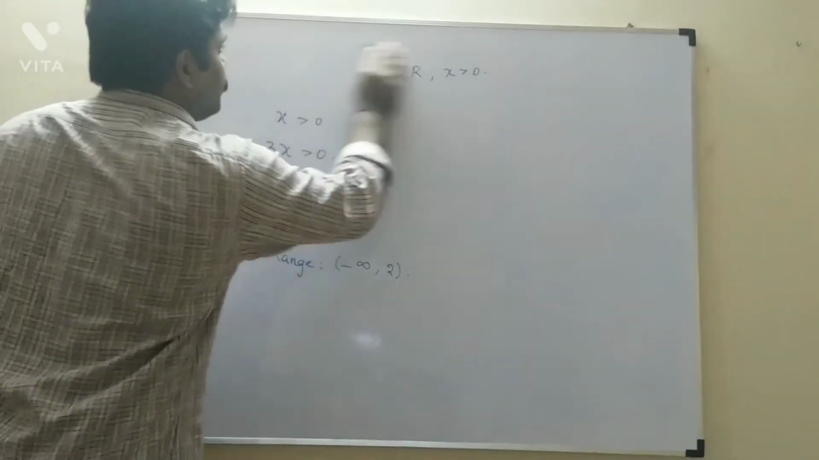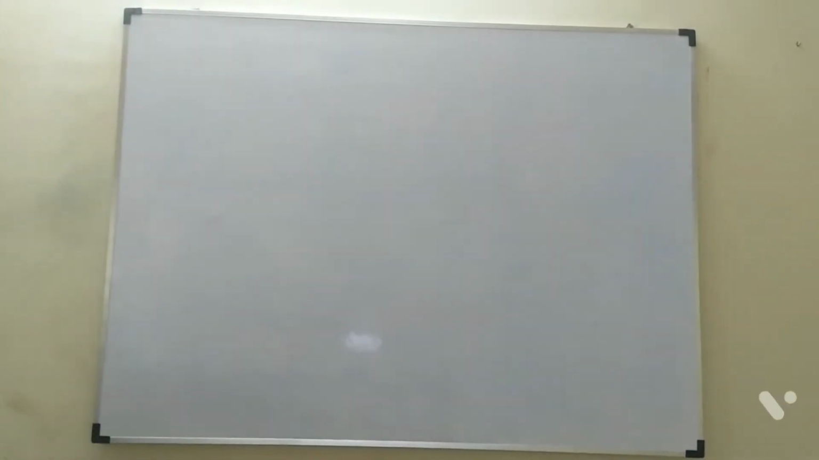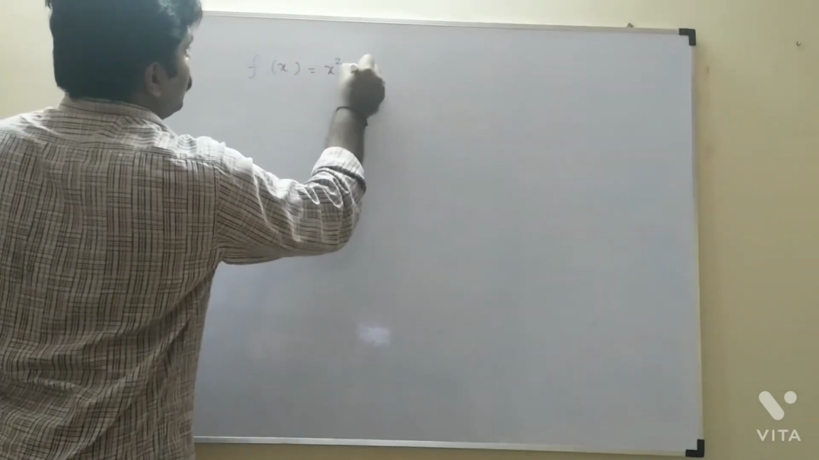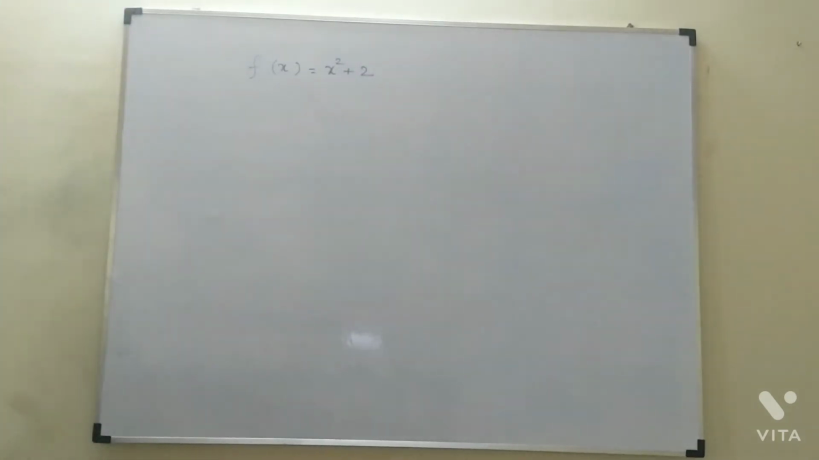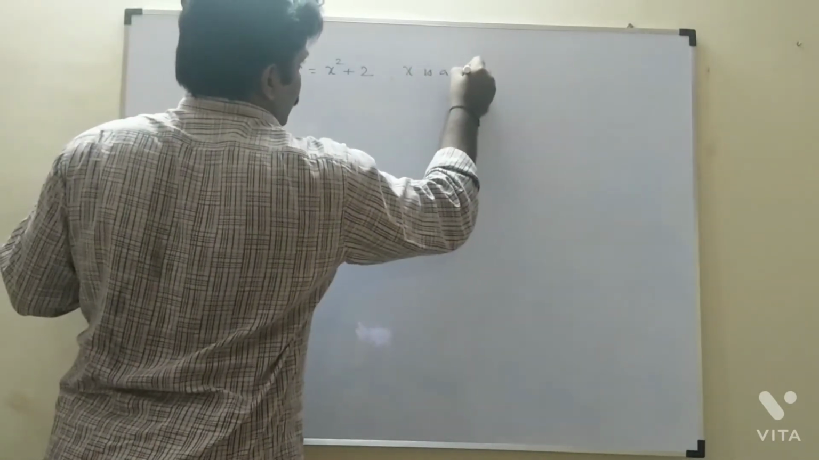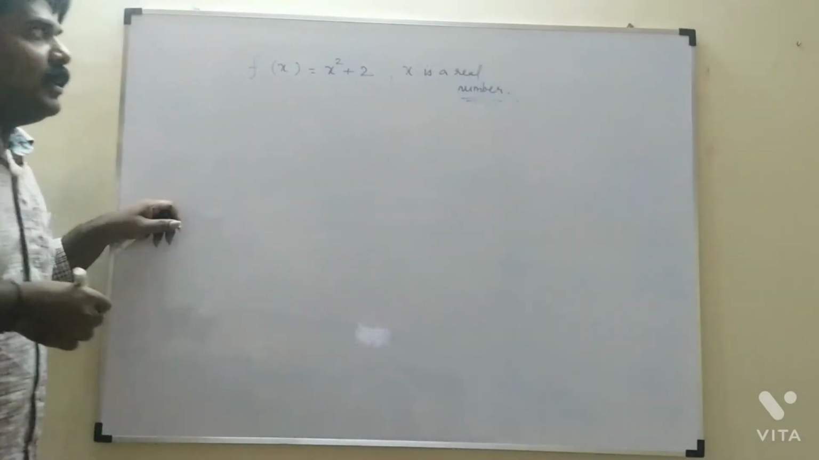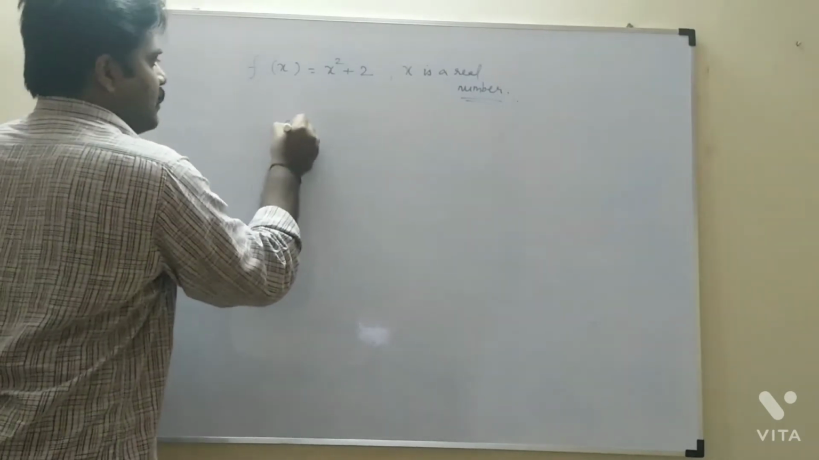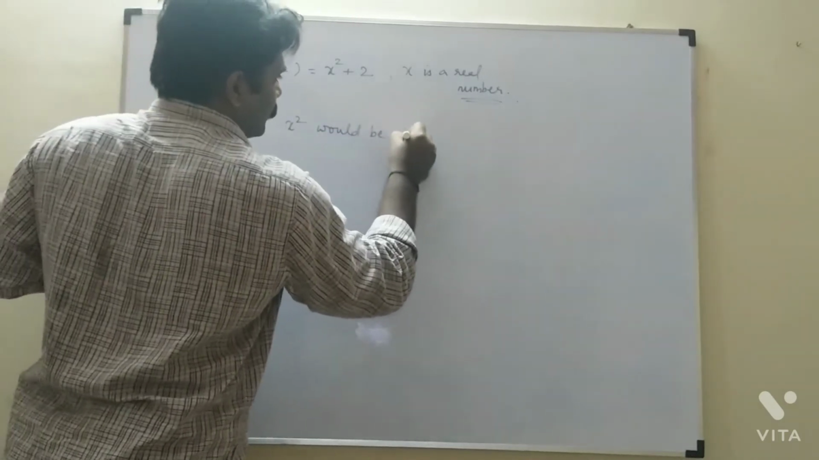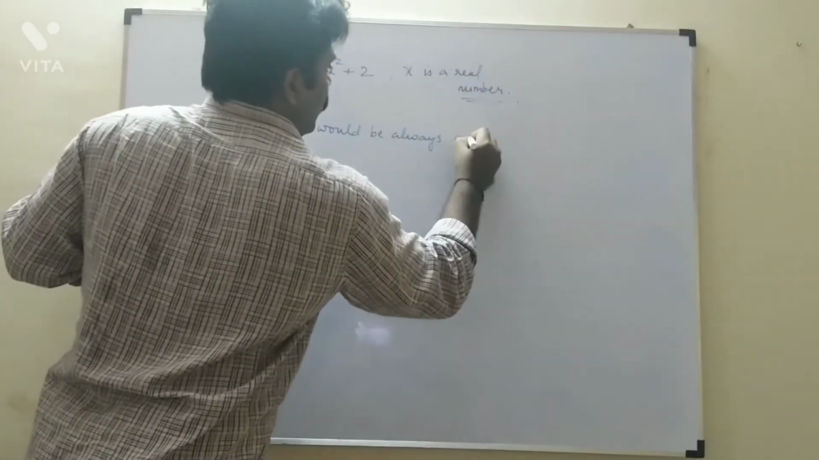Next question. F of x is equal to x square plus 2, where x is a real number. So very clearly they have given the domain, stating that x is a real number. If x is a real number, then x square would always be a non-negative real number,